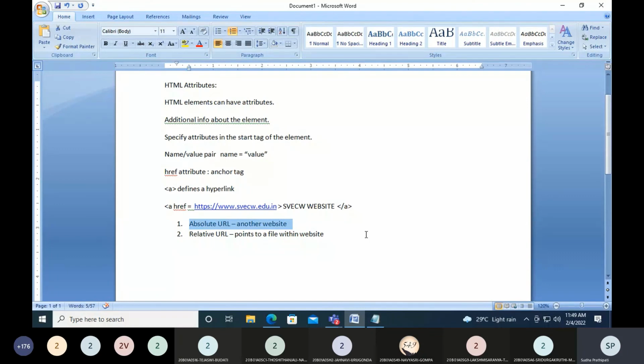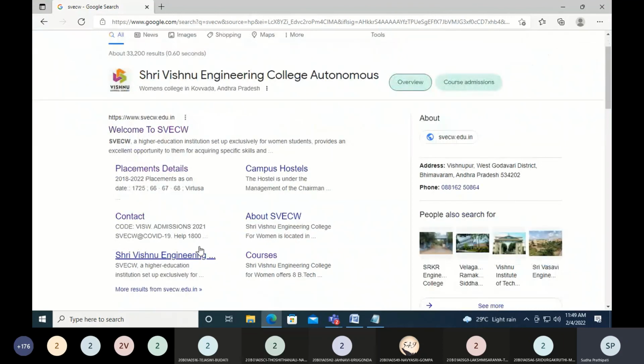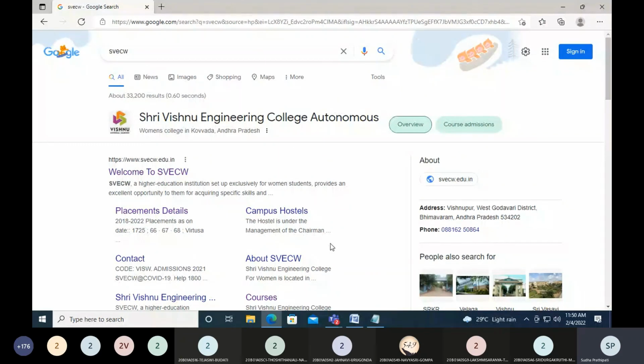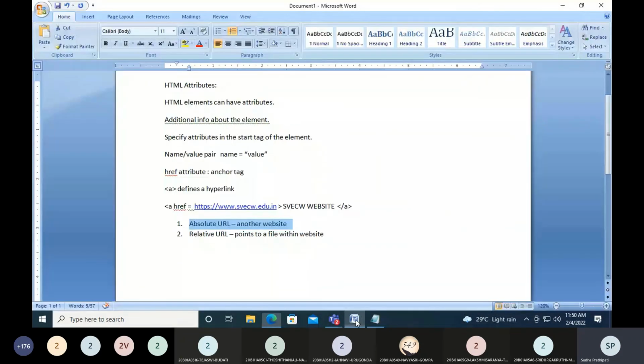It should still take you to that particular information. Why do people use a website? People use a website to grab some information, right? Why are you using the Vishnu website? To grab information regarding placement details, course information, the fee structure, or campus hostels available. It is like a notice board where the information is hosted. Clicking hyperlinks also takes you from one web page to another, giving you certain information. So you need to be careful whenever you give an absolute URL. Relative URLs will be within your website, so they will not do any harm. Okay, right. So this is the first attribute that I have